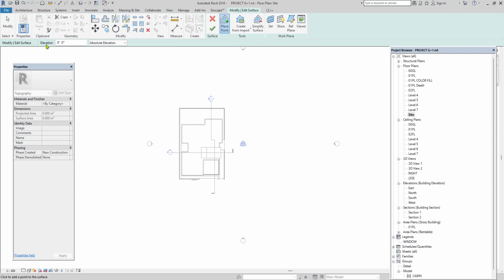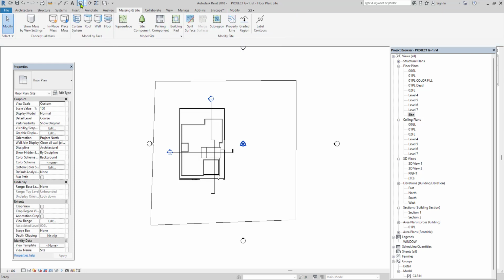Now before placing the point, we have to confirm what elevation we are giving for that. Now I'm just going with 0 feet and place it here, here. I'm clicking randomly here because we don't have any particular plan. If you have a contour plan, then you can go with the create from import option and then finish it.